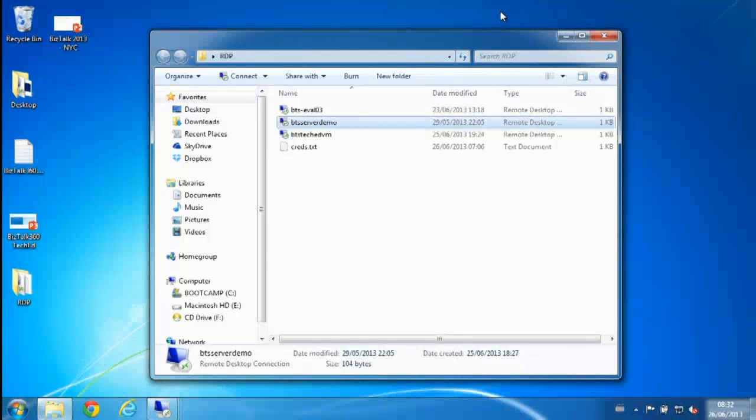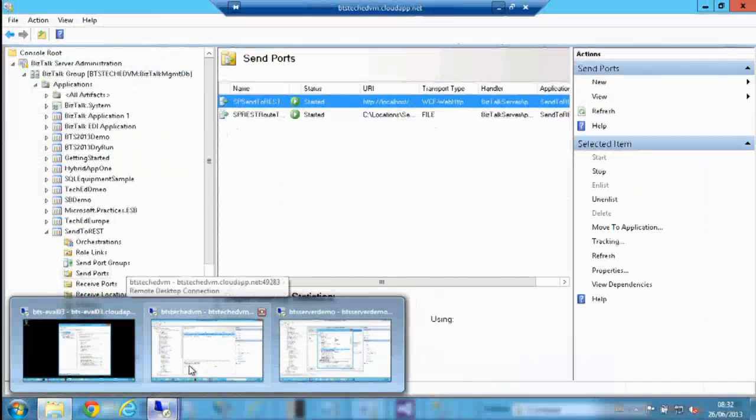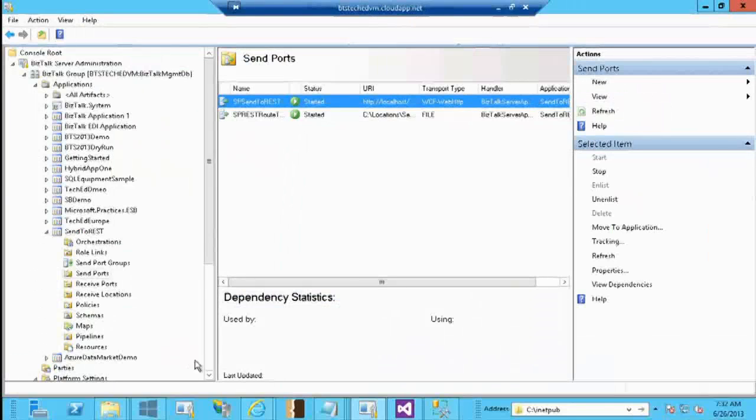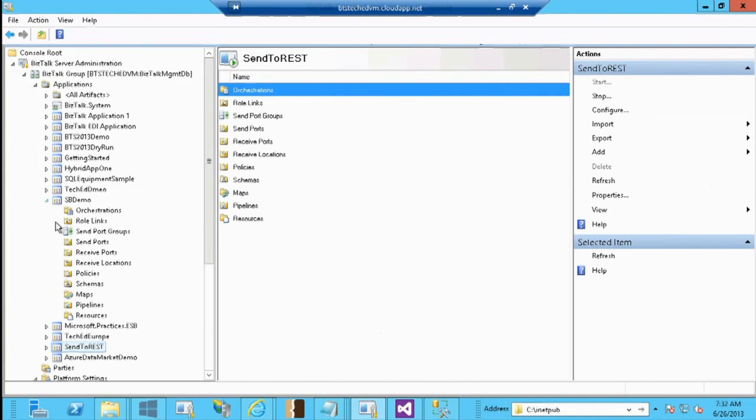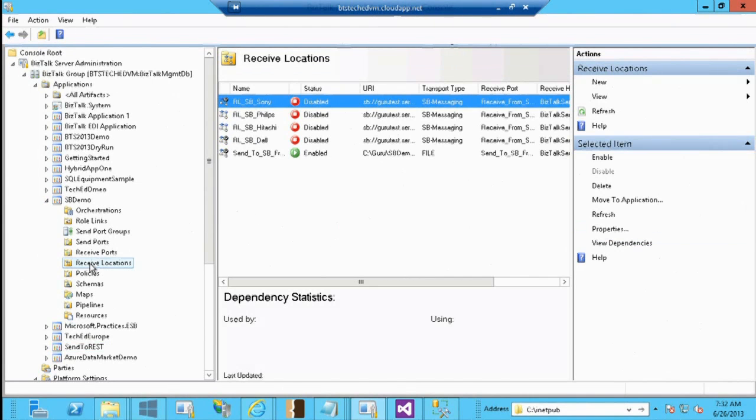The other important aspect of Microsoft Integration Services is a new technology called Service Bus. You might have heard about it in multiple scenarios, but Service Bus is a technology that is owned by our same team. So it's not an alien or outside technology. It's owned by the same team that owns BizTalk Server. Many of you may be familiar with some queuing technologies, be it MSMQ, IBM MQ Series, or RabbitMQ.